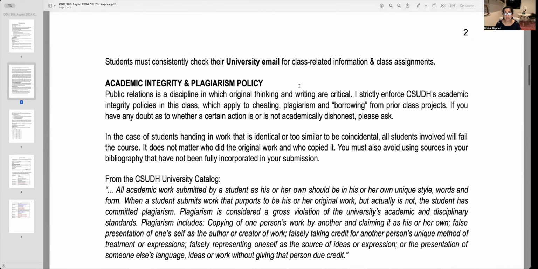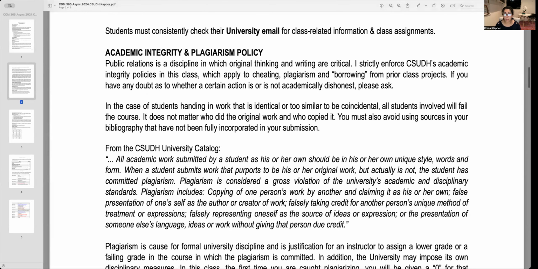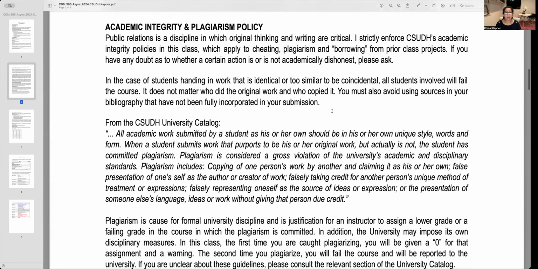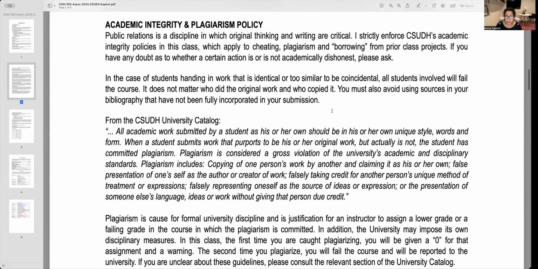Email is the way you will probably get most of my communication, because every time I send something through Canvas, you would get an alert. And if you don't, please go ahead and check with your tech teams, because that's exactly what I would be doing. Most of the information that I'd be sending out would be through Canvas, and it goes to everybody for the most part.